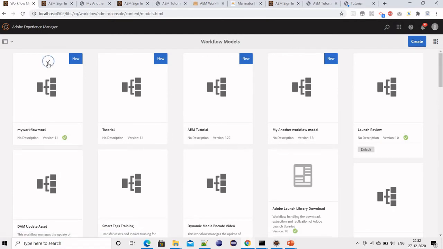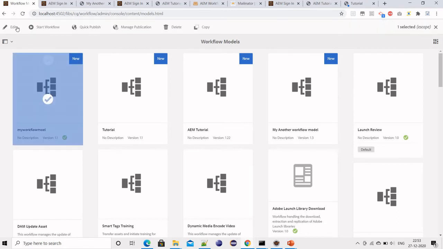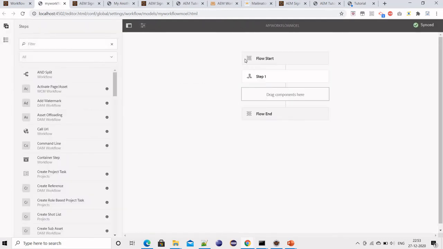Just hover over it and you will get this right-click icon over here. Select it and then click on Edit. This UI will be helpful when you want to add or configure your workflow. The very first thing is, whenever a workflow is started, there are a few stages in between. Stages are nothing but phases. For example, my workflow has just started, or maybe it's pending for some approval, or out of 5 processes, 2 are completed and 3 are still remaining.